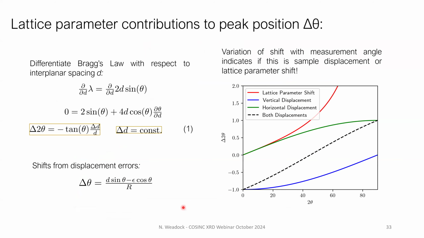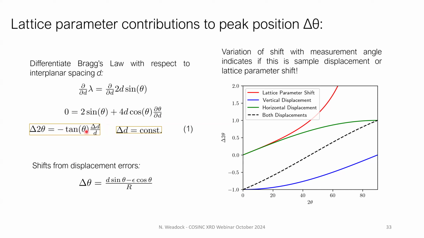If you take your measurement and you know what lattice parameter you should have, and you see that you're not matching those values, you might also have a lattice parameter that's not what you expect, and that will shift your peaks in a way that's different than the displacement. So we can see here the functional form of the lattice parameter shift is different than your displacement. You can work this out just by differentiating Bragg's law, and you get that the shift in peak position is going to